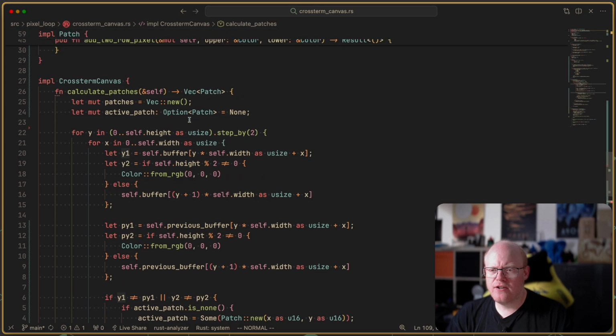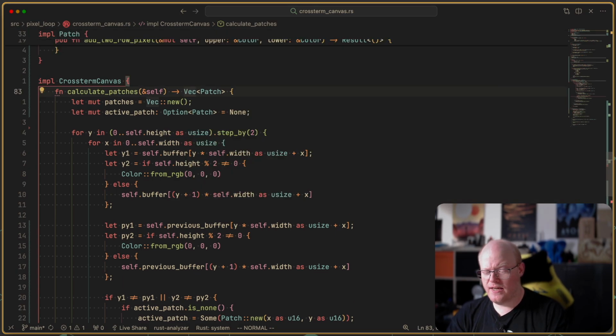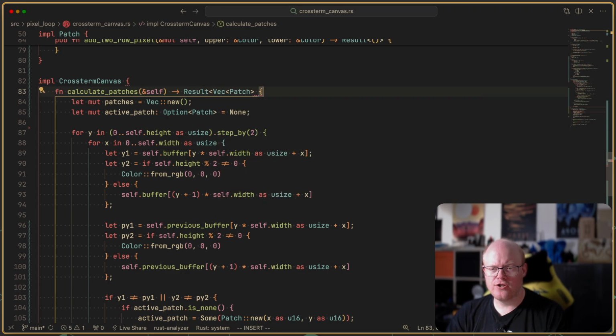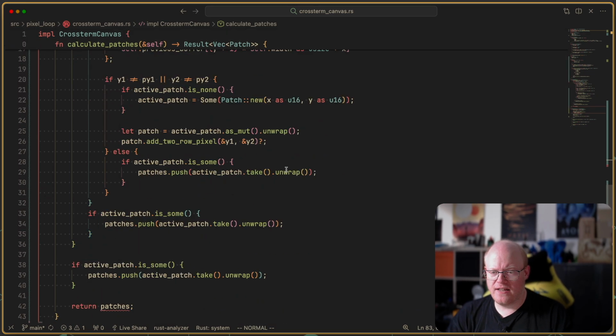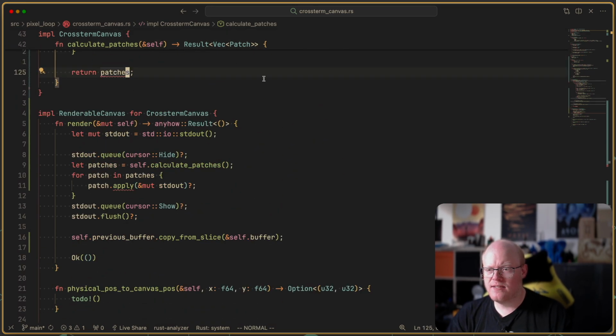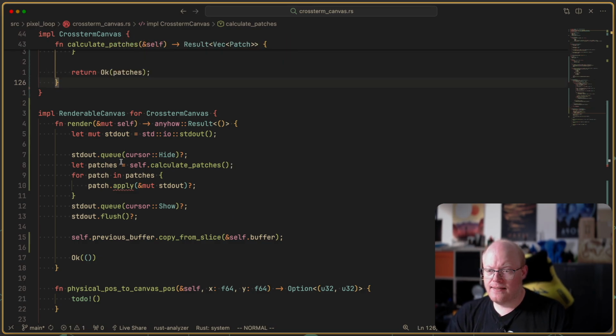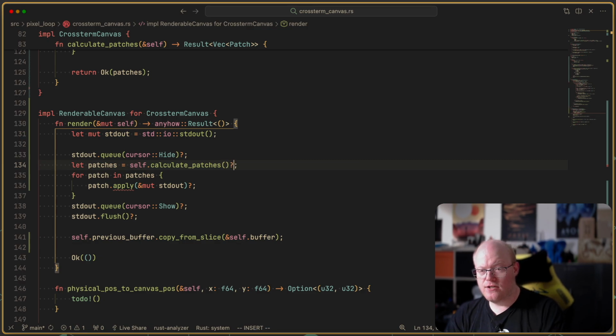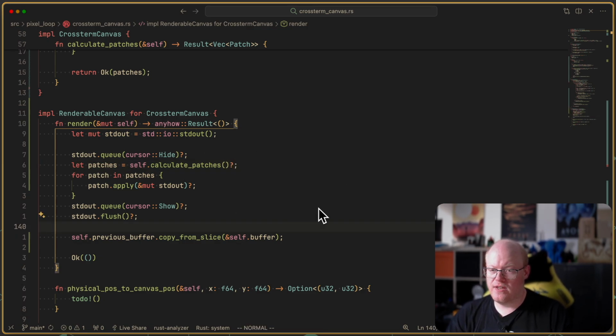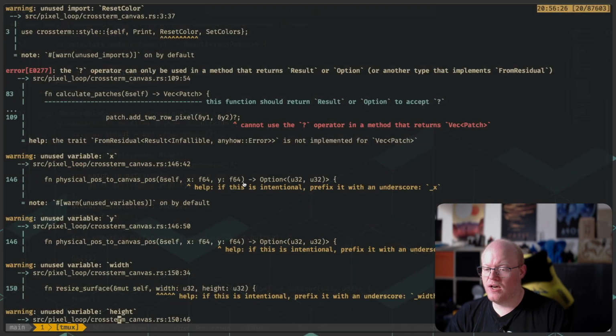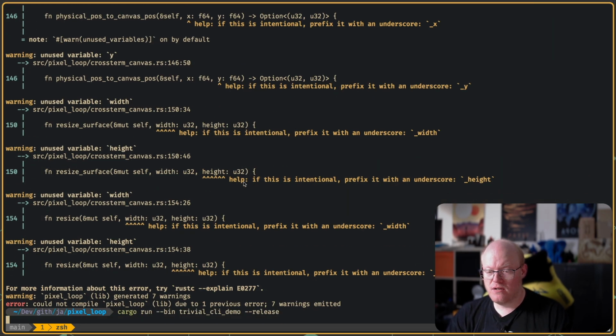Actually, calculate patches returns. Okay, so I guess this can fail then. And the patch calculation, yeah, it definitely can fail. So we need to put it into a result. And then we simply wrap this one with an OK. And I guess then we need to shortcut out of the error here, should it happen. And now this should hopefully be